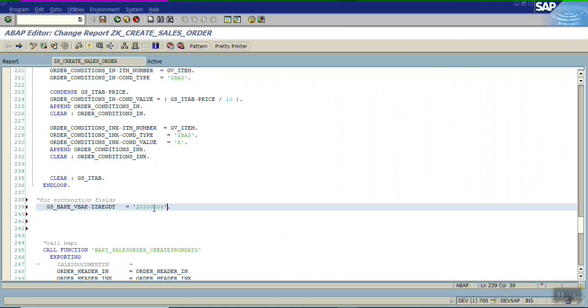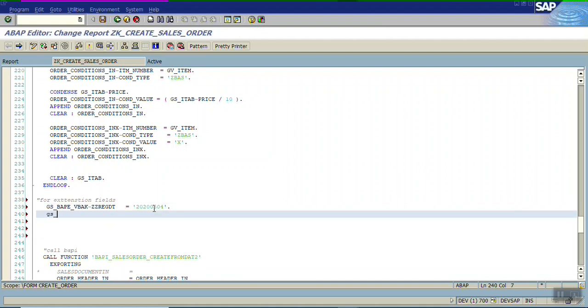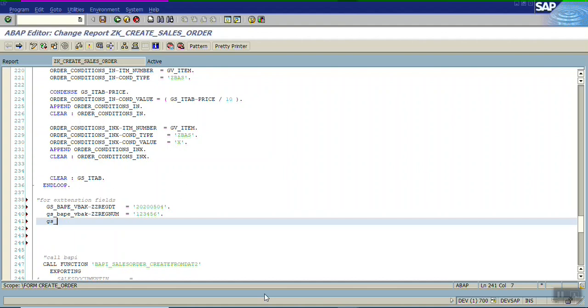This is my date. Second, gs_bape_vbak. My second field is the registration number. Registration number, let's say 1 2 3 4 5 6. gs_bape_vbak. My third field, that is a registration office.